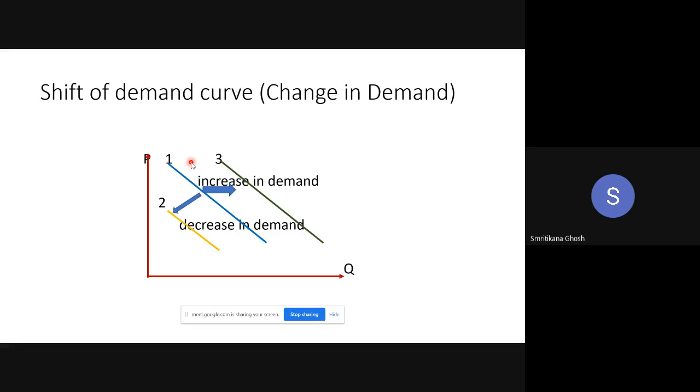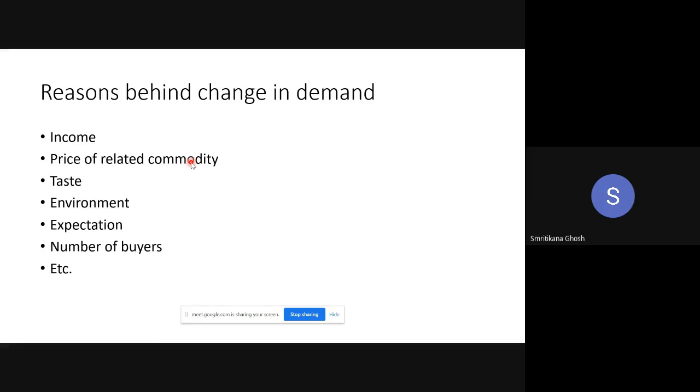Any other reasons behind the change in demand? These are actually in ManQ. I have just copied it from ManQ. Do you have any idea of any other things which can change the demand? Actually, there are a lot. If you have any other, you can share with us. Other than all this. Ma'am, demonstration effect. Demonstration, yes, that will also influence. That means I may be very much influenced by the advertisement.